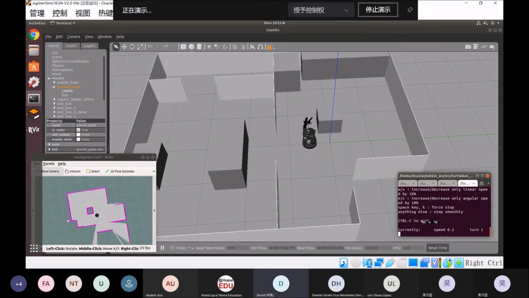Okay, this is the first map of this room, and I will drive the robot to another room. So you can